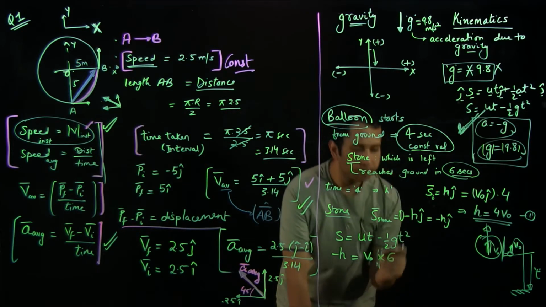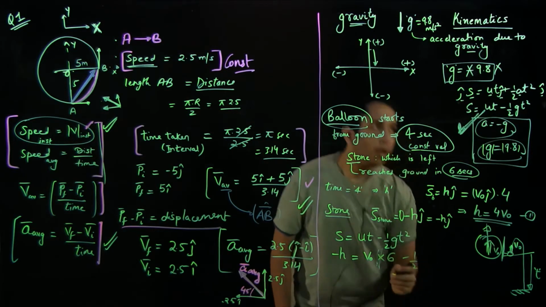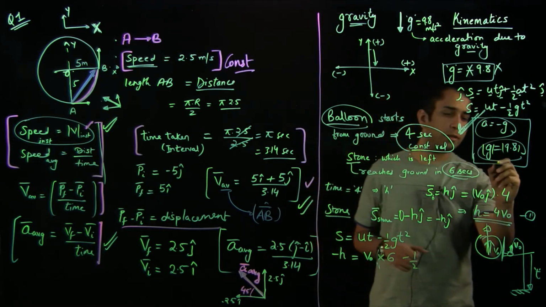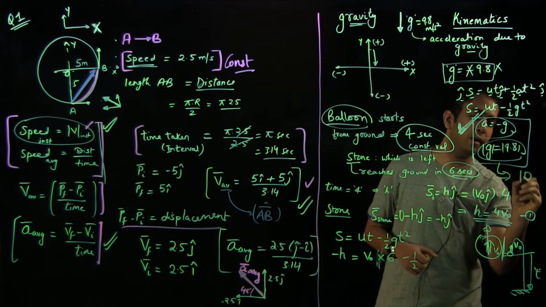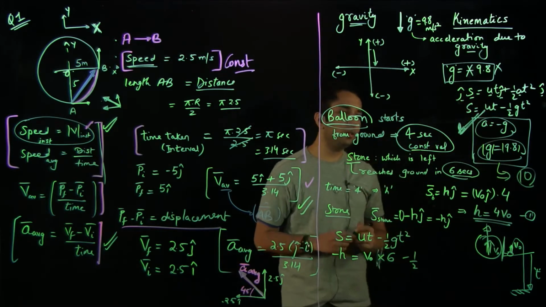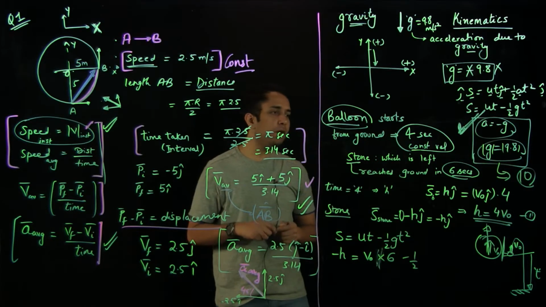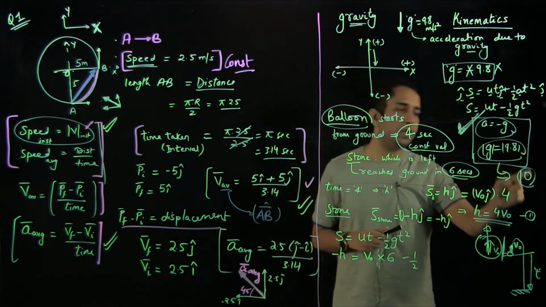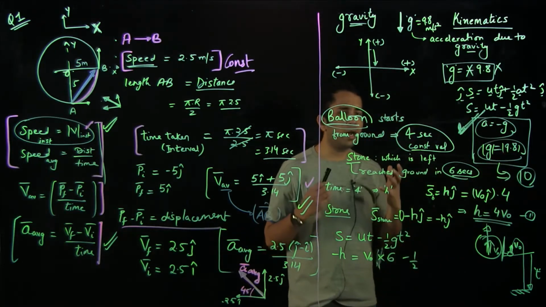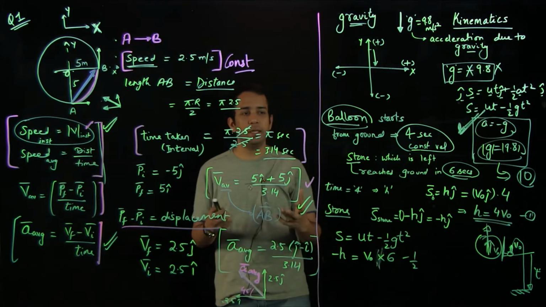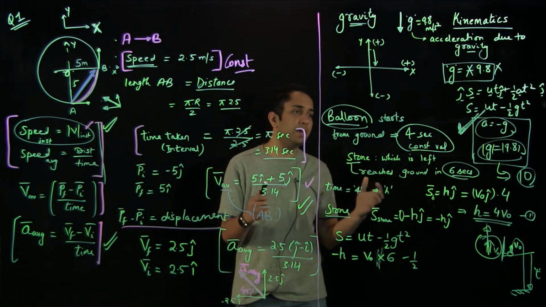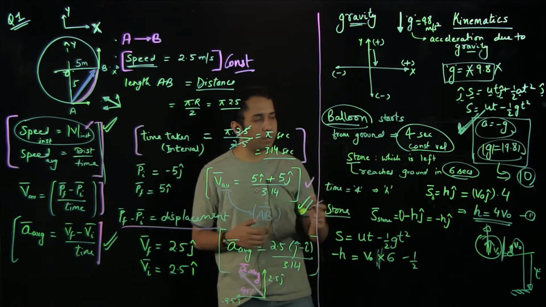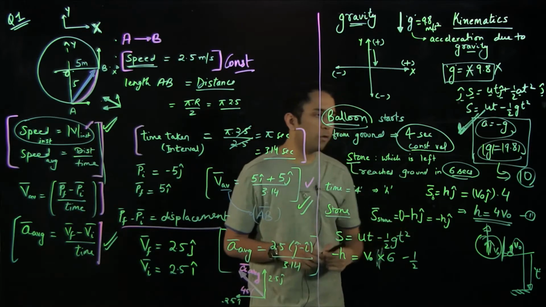write 6, and minus, and the value of the acceleration due to gravity is 9.8, but for simplifying purposes we can also take it as 10. So it's totally up to your judgment. If it's not given in the question what the value of g is, then you can take either of these. It depends on the kind of options you have seen in the question. If they are very precise and near to each other, then you might have to take 9.8. Otherwise, most of the time you can also take 10 and it would give you the right answer.